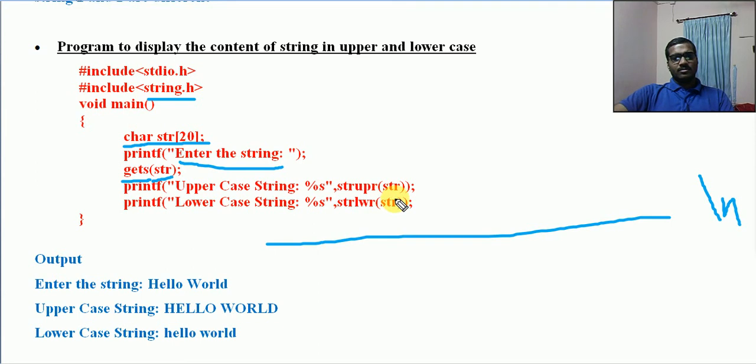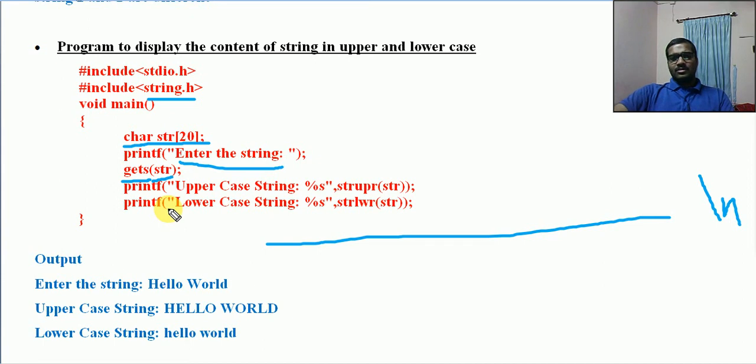That's all. It will directly print that uppercase string. Or else you can declare one more string variable is equal to strupr of str. So this string will be converted into uppercase, and that can be assigned to some other thing.